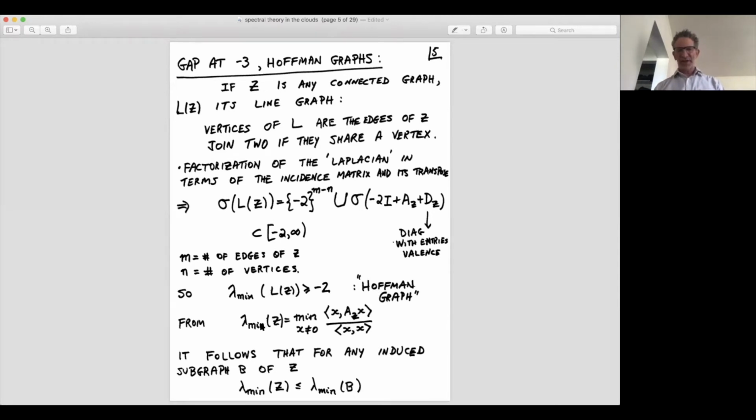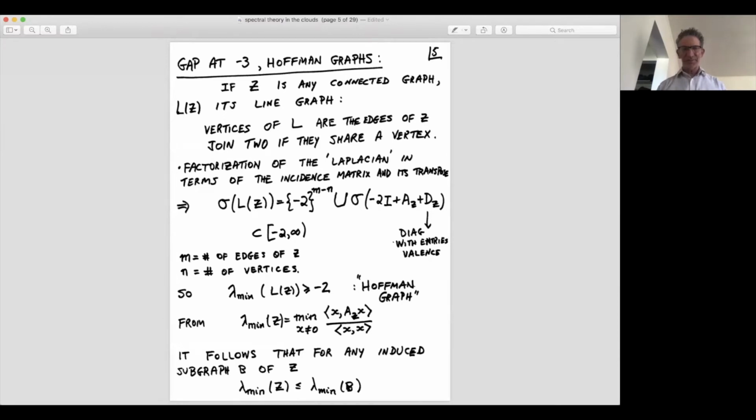So the smallest eigenvalue, if I look at it in terms of the Rayleigh quotient, is this infimum, as you all know. And hence, if you take an induced subgraph B of my graph Z, and suppose that my graph is a Hofmann graph in the sense that the smallest eigenvalue is -2, then just from that Rayleigh quotient, the smallest eigenvalue of Z, which is greater or equal to -2, is less than or equal to the smallest eigenvalue of B. So if there are induced subgraphs which have an eigenvalue less than -2, they are